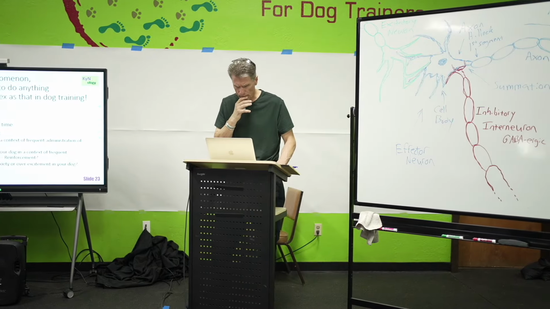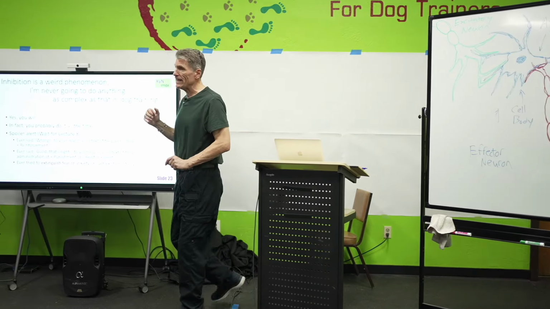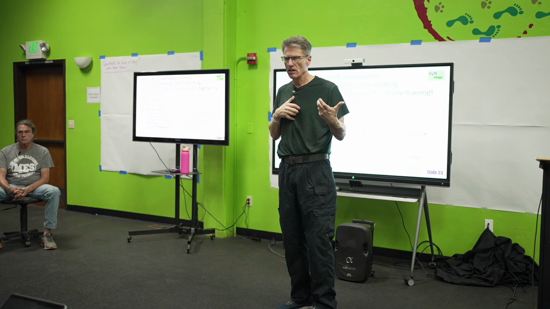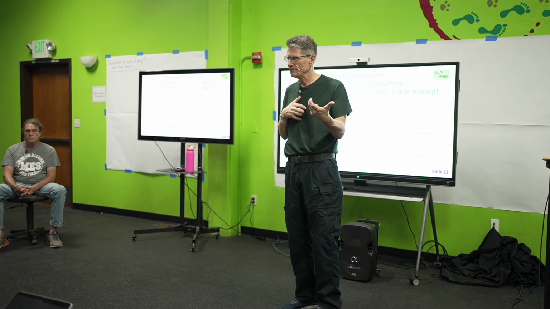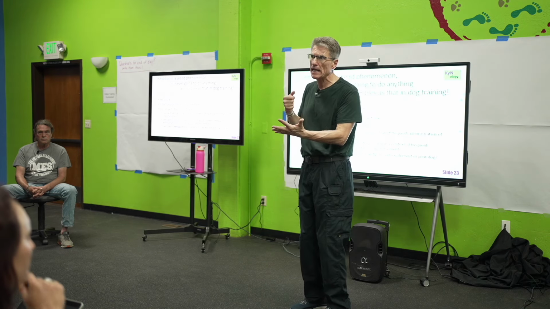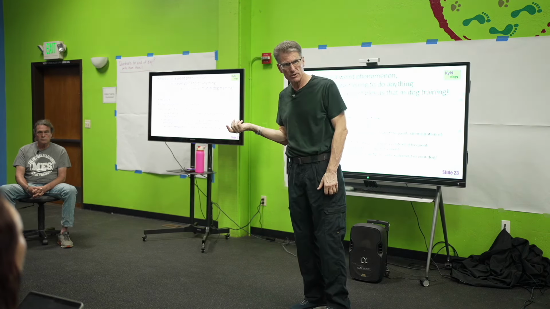Right? And then the last one is, have you ever tried to extinguish fear or anxiety in your dog? Like, is there any emotional responding or any kind of responding that your dog's ever shown that you thought was undesirable, and so you were going to extinguish it? Everybody know what extinction is. Extinction is, in the case of Pavlovian conditioning, when you present the CS many, many times without ever presenting the US, so that the CS loses its meaning. And eventually the CR diminishes to nothing. In the case of instrumental conditioning, that's giving the command again and again without presenting the consequence,